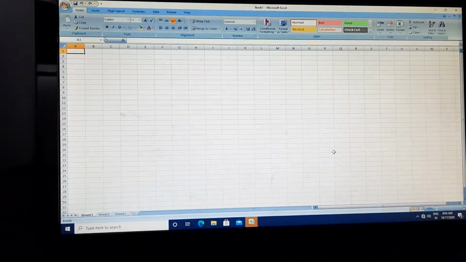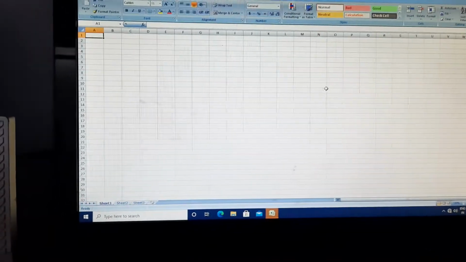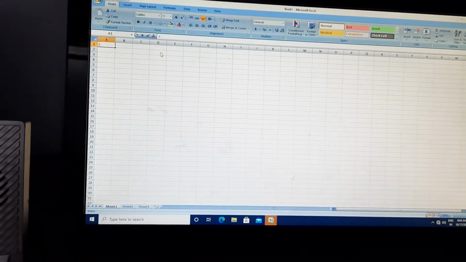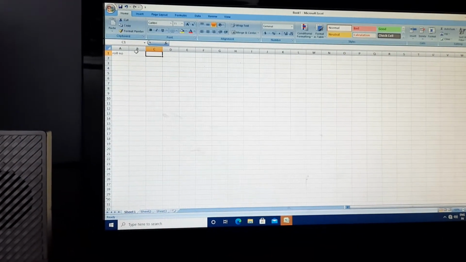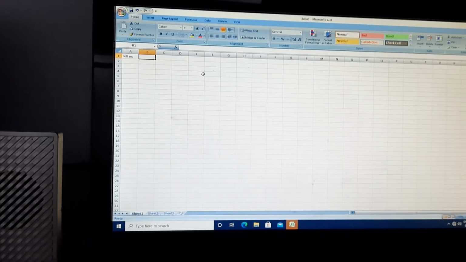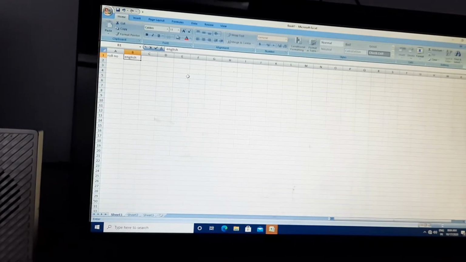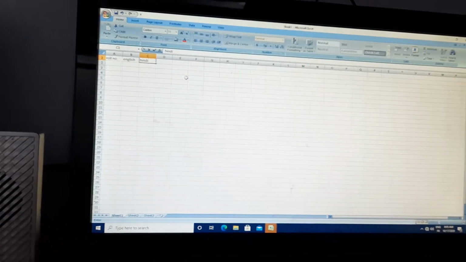Let's start. I am taking some numbers. First I make a chart here, data. I've written roll number, then English, Hindi, and maths. I've written three subject names.